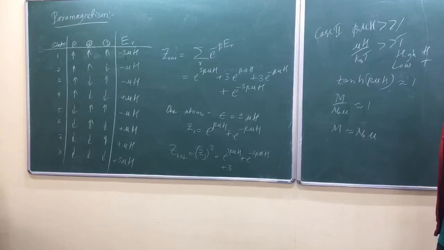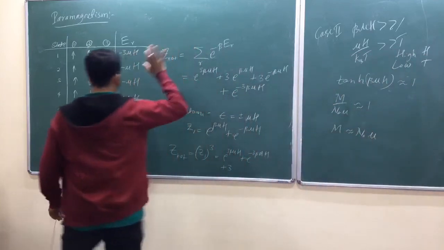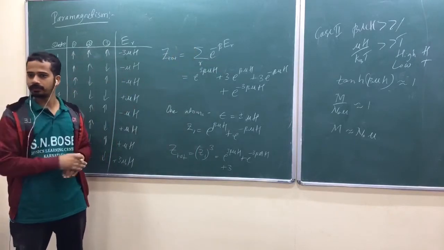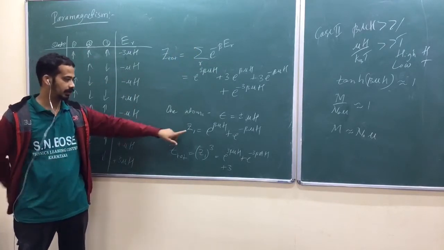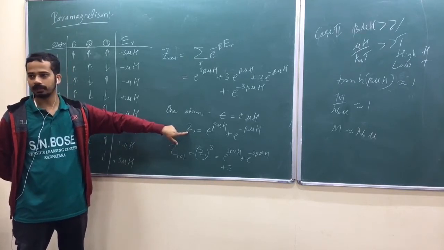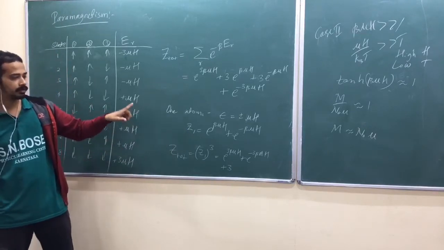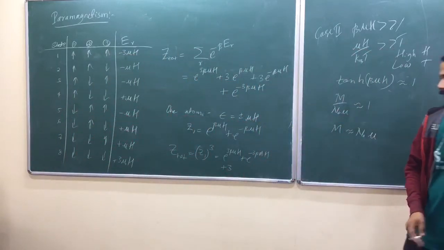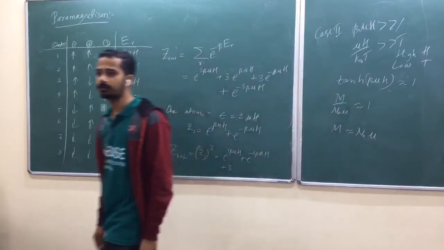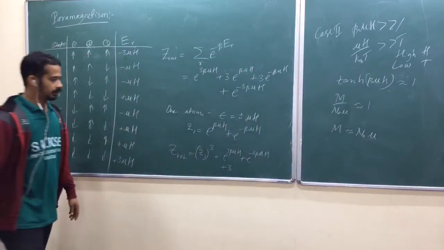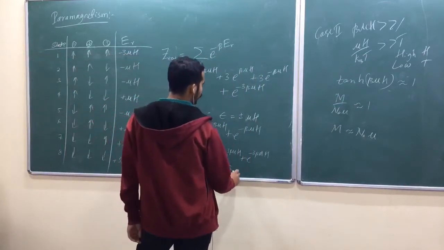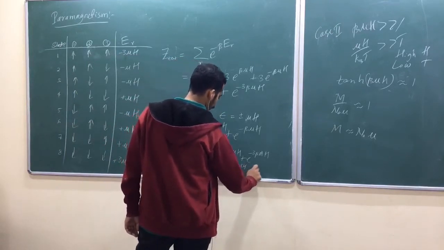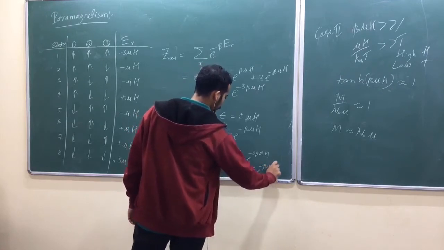Now, in this case we have done summation over all possible microstates for the combined system. Is that okay? Whereas in this case I have done what is called the single particle partition function. I have done summation over all possible energy states of a single particle. And the total partition function is equal to Z1 power N, the number of particles. Yeah, you will get this one, 3A squared B, 3B squared A, e raised to beta mu h plus 3 e raised to minus beta mu h.